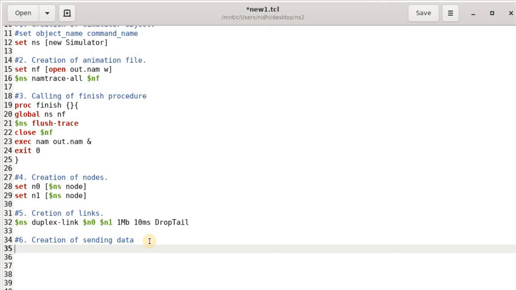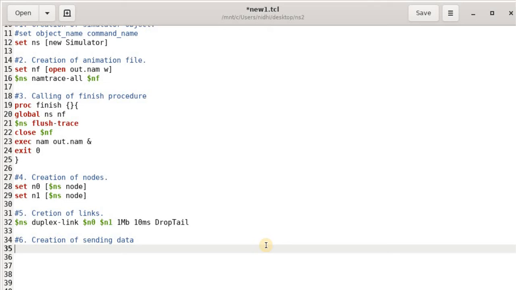So one is the sender agent and the other one is called the receiver agent. For sending of data, there are two types of object. The first one is you can send the data by using the TCP protocol, and the other one is the UDP protocol. So in my case, I am using the UDP protocol. You can take TCP also, but the syntax can differ, that you can learn from another tutorial part.